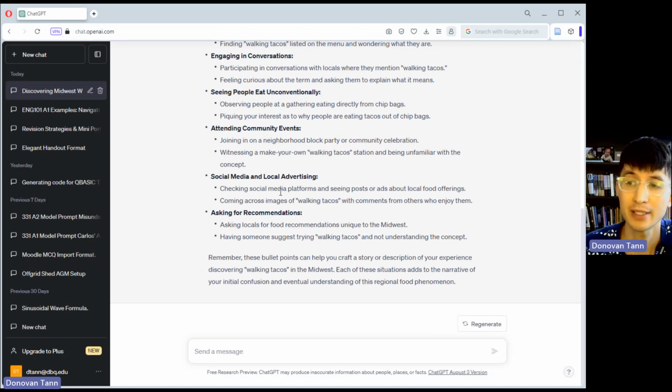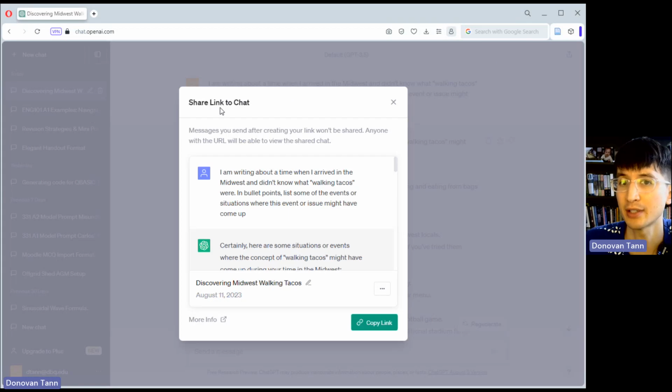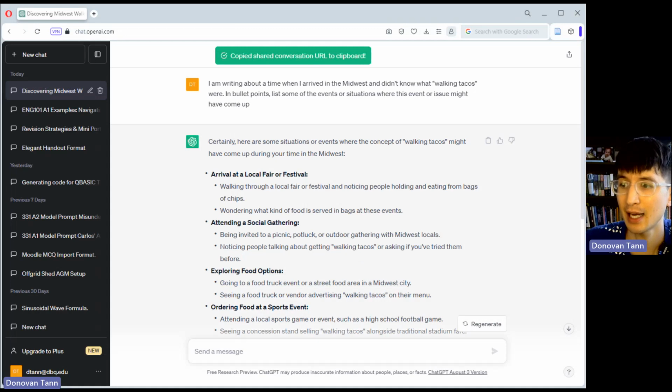Now, before I move on and say, great, I've got this, I've generated some ideas, I'm going to go follow that, what you're going to want to do is to make sure you can save access to this and give credit to that within your paper. Remember, you don't set ChatGPT as an author, but you do provide the transcript and describe your use of AI. You'll see here in the top right, again, this may look different on the mobile version, the option to share the link to the chat, and you'll copy that link. So the link has been copied.